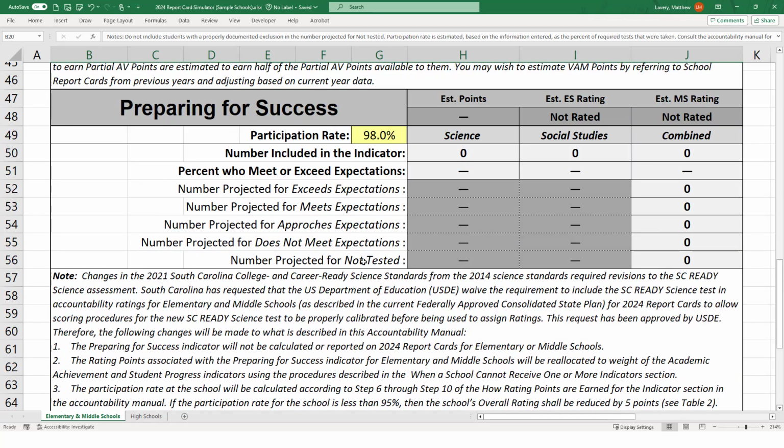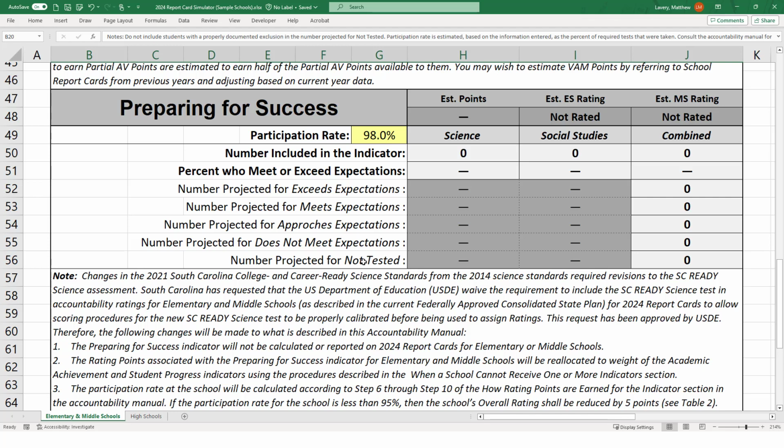Preparing for success is scored in a very similar way and calculated in a very similar way, and so this section of the report card simulator is virtually identical to the other. However, in 2024, the SC Ready Science exam is going through a field test, and so achievement levels will not be assigned for purposes of accountability. Per the accountability manual and the federally approved waiver,